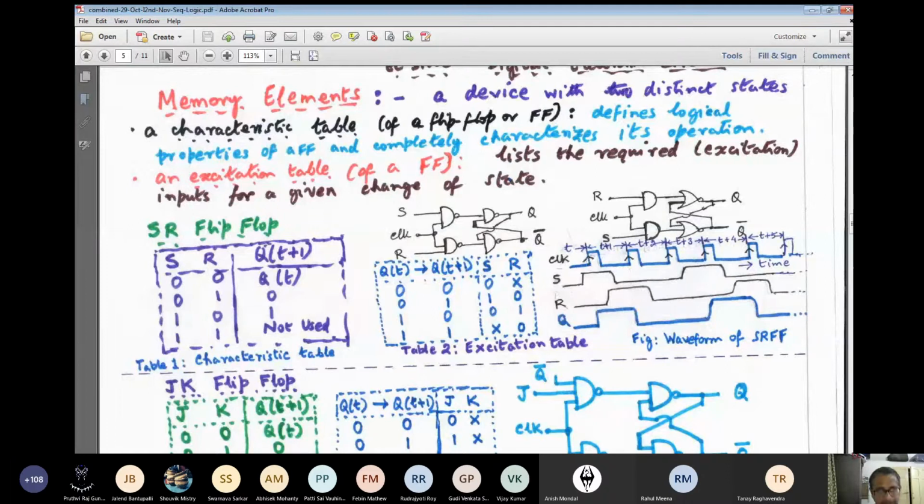Sir, is it edge triggered or level triggered? This is not edge triggered, right? The diagram that you have drawn. Actually, the clock, the way I have drawn it, is level triggered. Yes, you're right. But assume that I have not put in the details of the diagram. I am drawing it in such a fashion that so long as the clock is 1, whatever change is taking place at S and R will be reflected at the Q. Then it will be a level trigger.